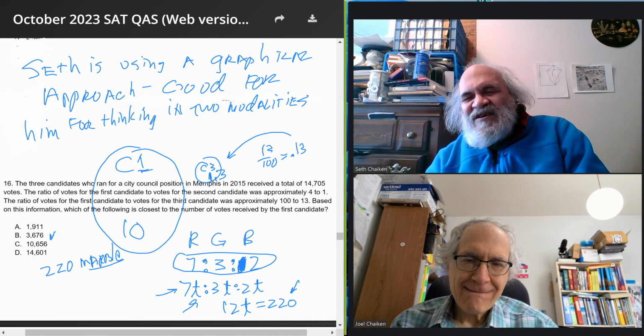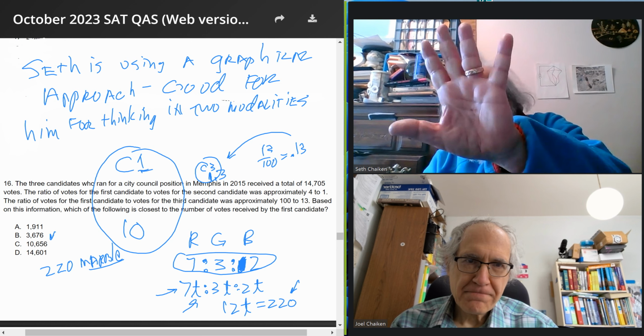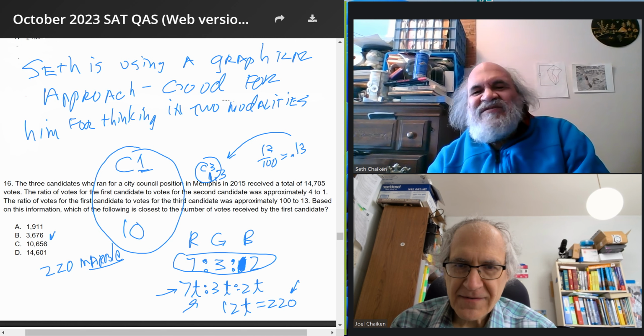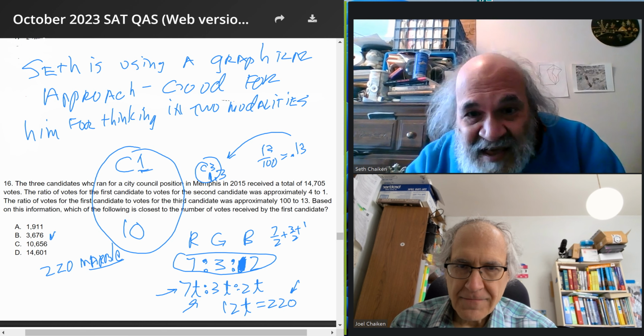The ratios will be the same if you multiply or divide each of the three ratio numbers by the same number. So we could divide 7, 3, and 2, all three of those, by 2. Then the same ratios are expressed by the numbers 7 halves, 3 halves, and